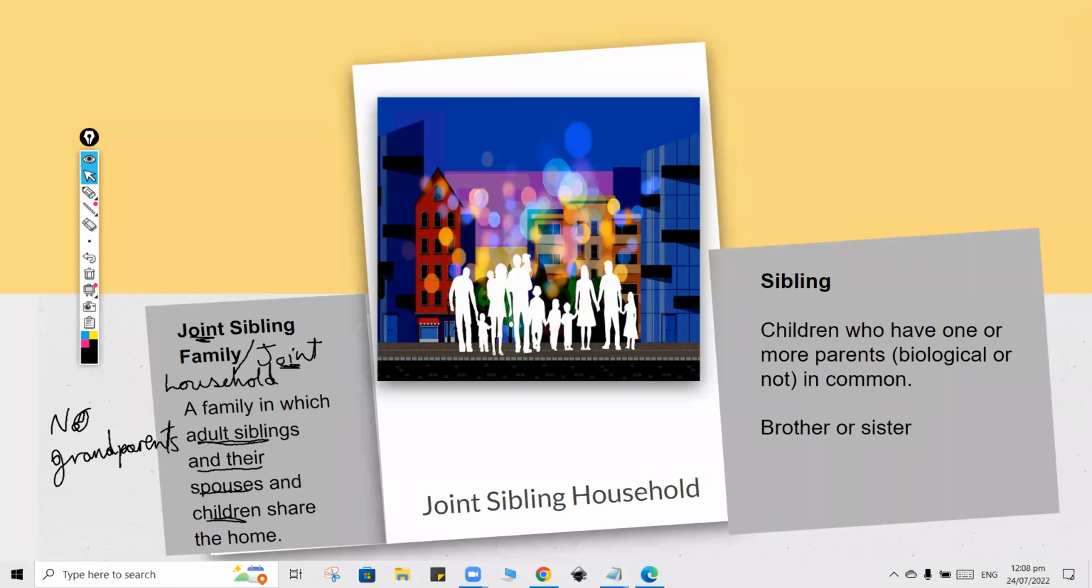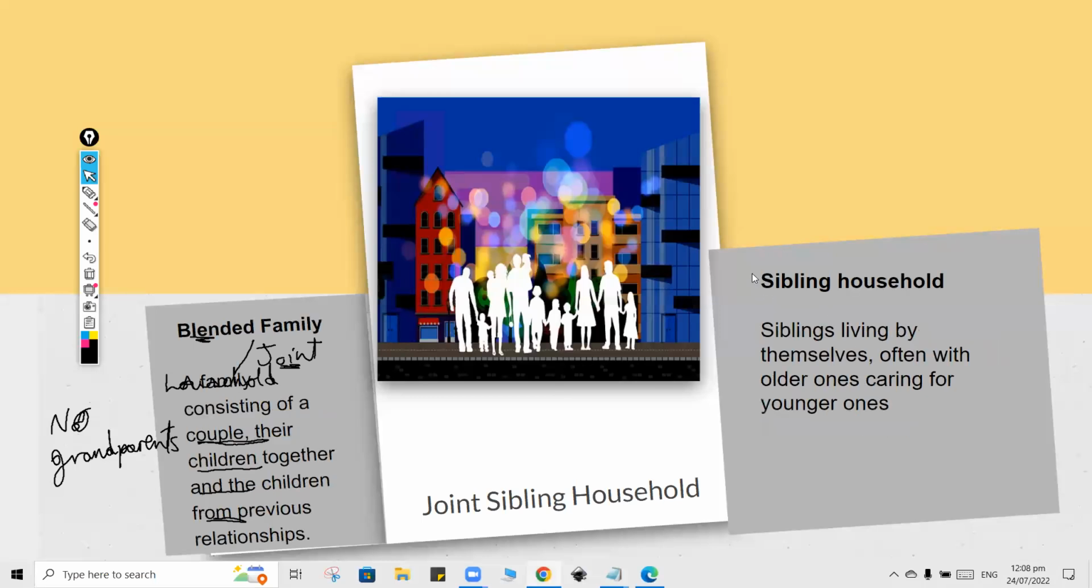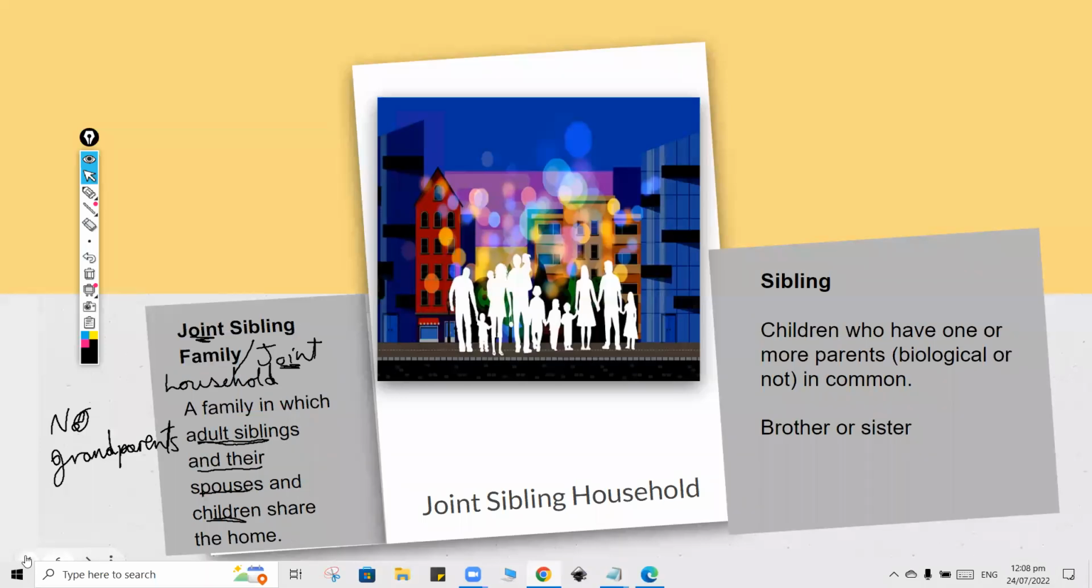All right, now on the right side I have a definition for sibling. Sorry, let me change the slide, let me go back. Yes, the definition for sibling. So this is your brother or sister